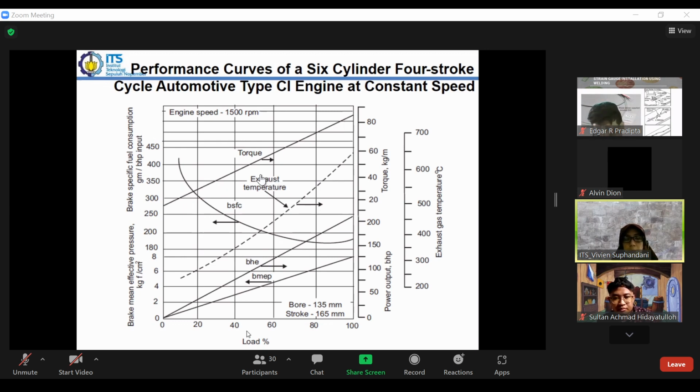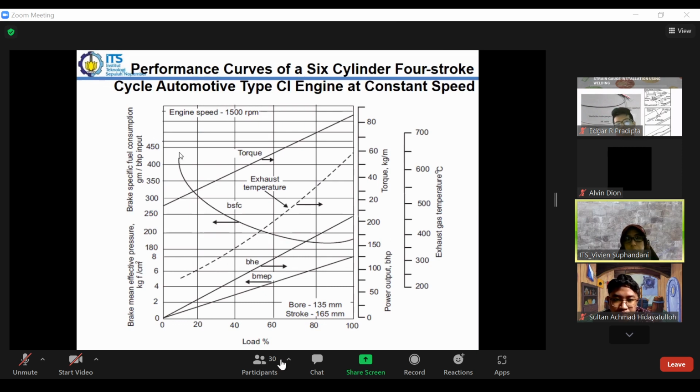Now be careful. This is as a function of load, so not as a function of engine speed. This chart is slightly different to what we have seen before, because now the engine speed is held constant, at a value of 1500 RPM. The x-axis here is the load. We see that the torque is getting higher with the load,